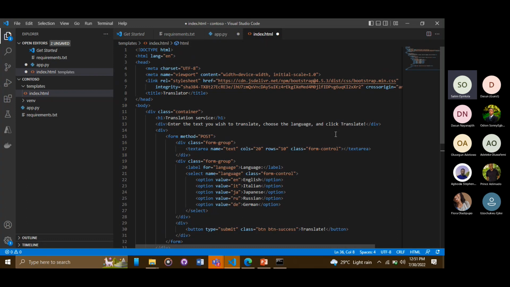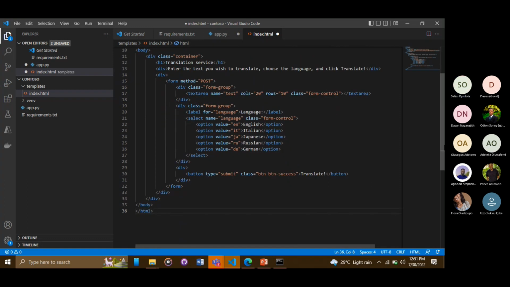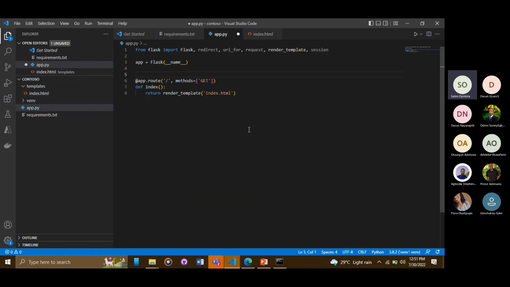If you remember the demo I showed earlier of the end results, something similar to that, we're going to have that here. Now, for the purpose of this webinar, I'm going to be having just 5 languages: English, Italian, Japanese, Russian, and German. That's 5 languages. Let's just work with those 5. And basically, this is a form. So you're going to pick the one you want to translate to. Let me save that,